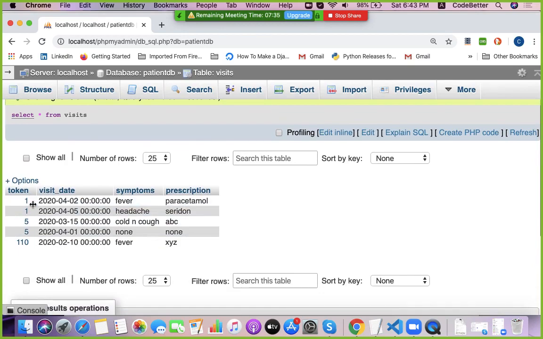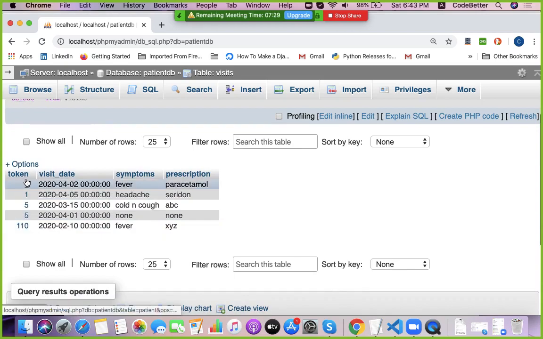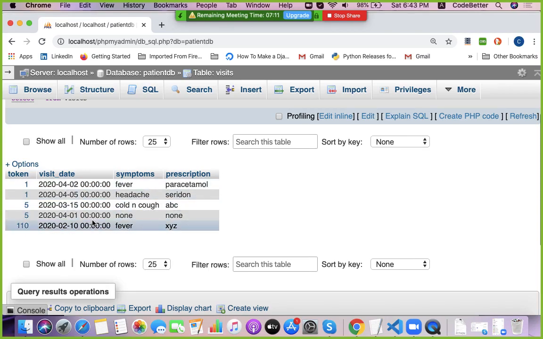So if I look into this visit table, I can see the data of which patient visited when. Token number 1 patient visited 2 times, token number 5 patient visited 2 times, token number 10 patient visited 1 time. Got it. But I don't see the name or age of the patient here. So I have to go again to the patient table.